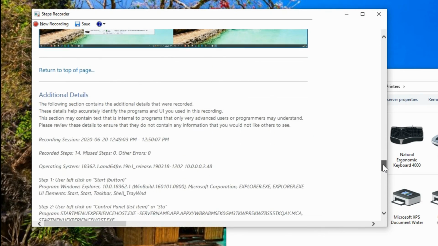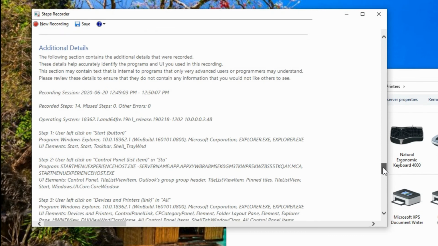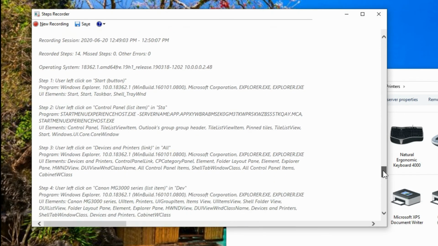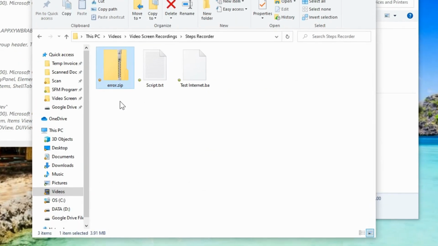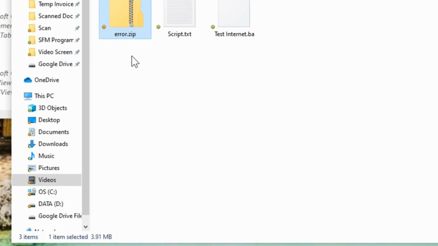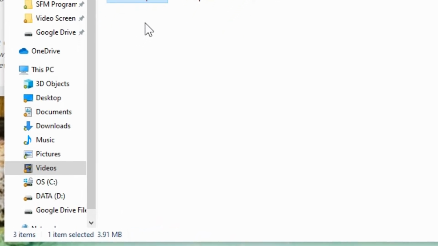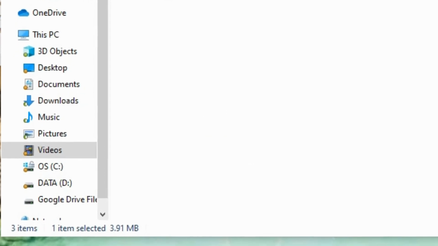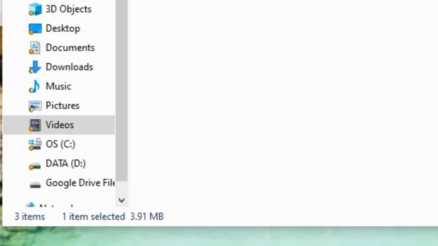So there's additional information here where we can see the process names and that sort of level of technical detail, which you don't need to worry about and understand. You just need to know how to open the Steps Recorder, hit start recording, save it, and then email that file to your technician. If we were to look at this sample of the file that we just created, it's actually under 4 megabytes large, which is plenty small enough to send by email, and it's also got all the pictures included in there.